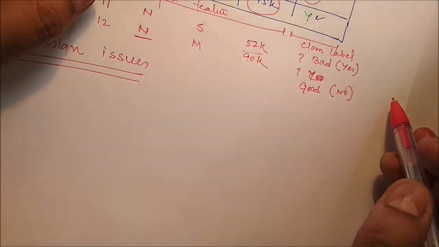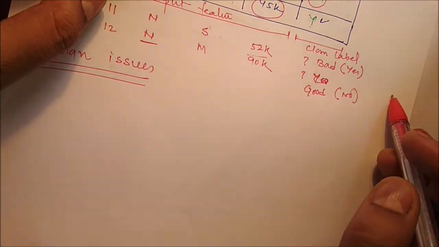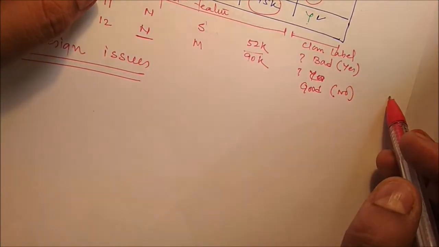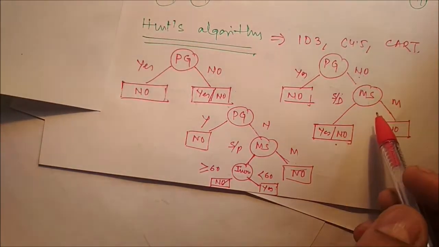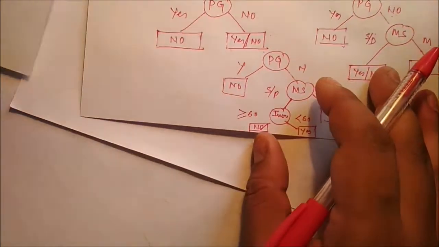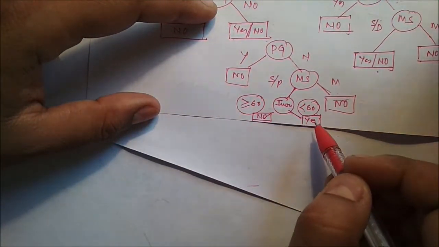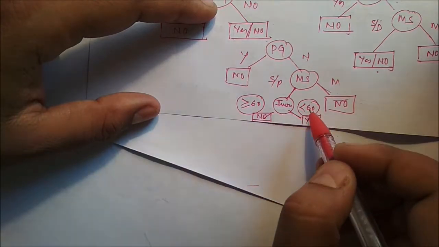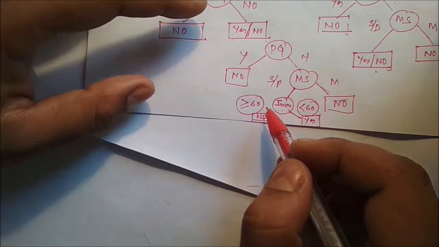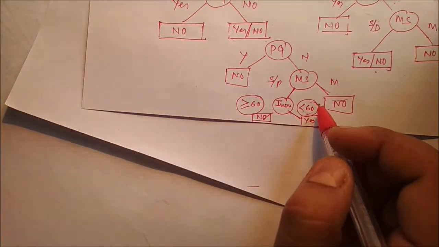And how to select the attribute, which attribute to select, and how to evaluate the tree. We have to break that node in this fashion. How to select the split here? It should be less than 60 and greater than 60. Why not less than 90 and greater than 90? So these are the issues we have to think about. The next design issue is when to stop the splitting.